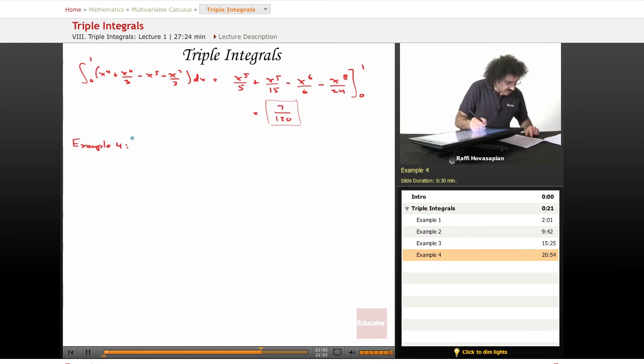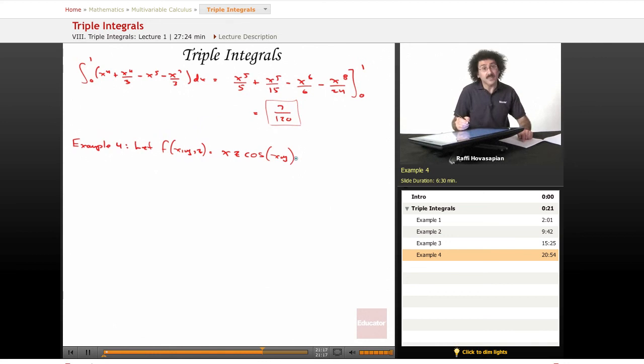So this is going to be example number 4. We will let our function f of x, y, z equal some trigonometric function this time, xz times the cosine of xy. So that's going to be the function that we want to integrate. And we want to find